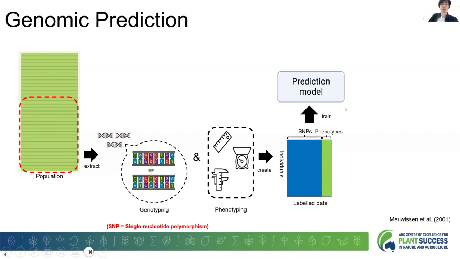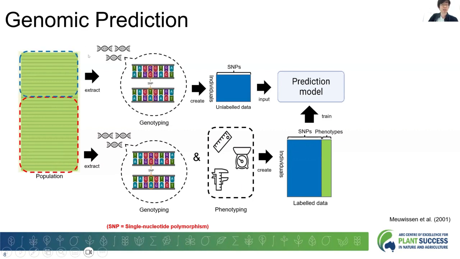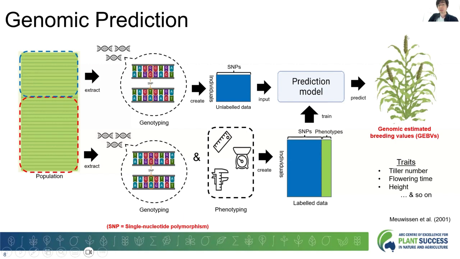And after the training part, we extract the DNA information from the remainder of the population, so that we can extract the genotype information and have SNP information, which leads to the development of the unlabeled data like this. And then we input this unlabeled data to the prediction model for prediction of the